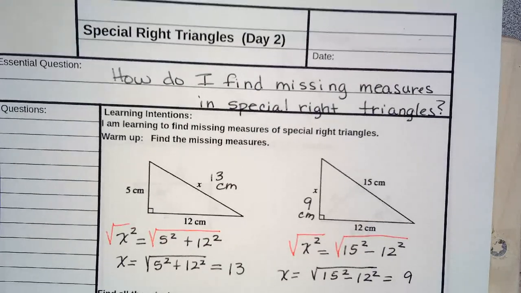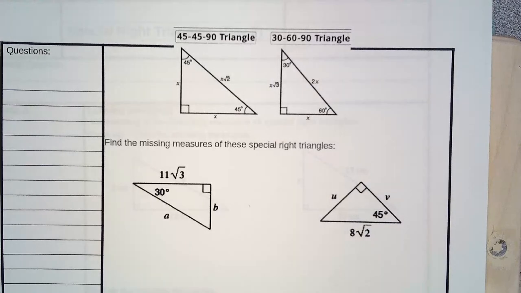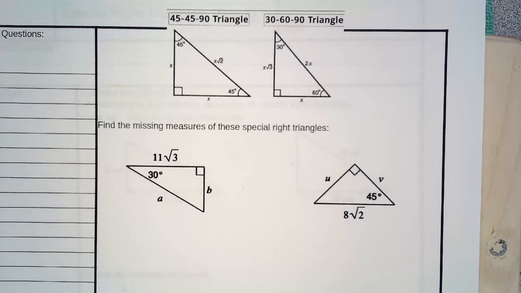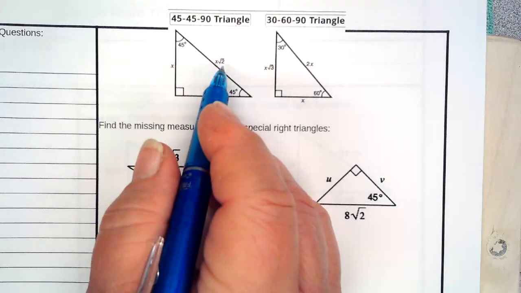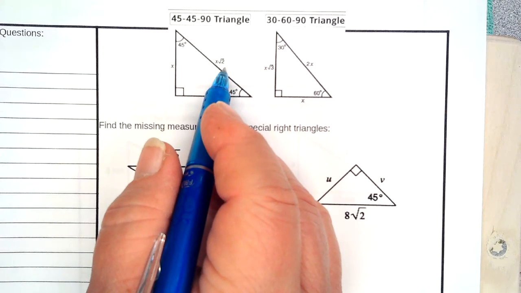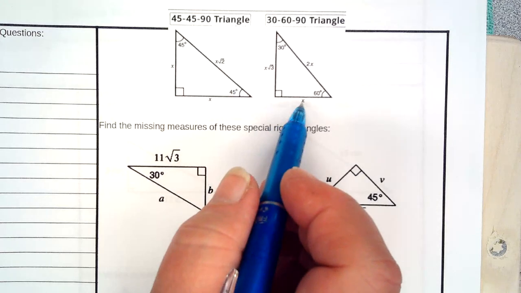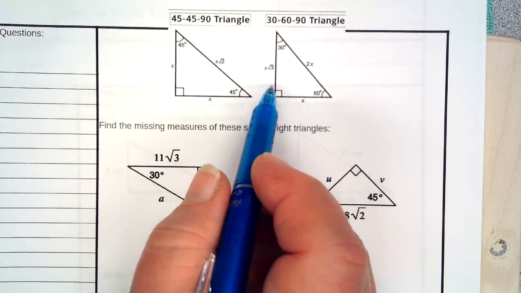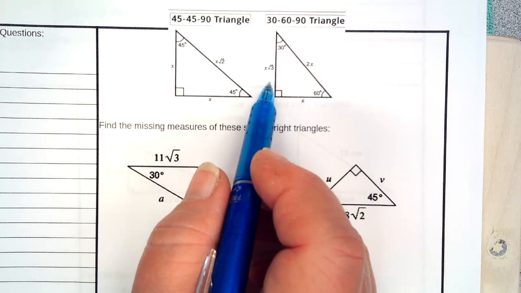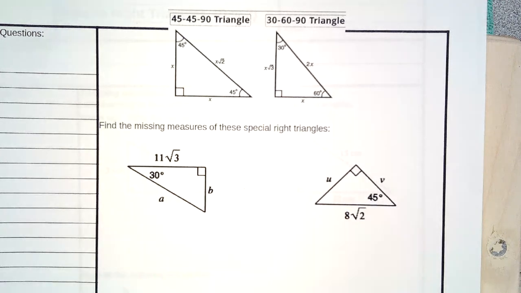So as we're looking at the next page, it shows us what we need to remember. 45, 45, 90, remember you multiply by the square root of 2 to get your hypotenuse. 30, 60, 90, this is 2x. This is x times the square root of 3. So if I'm looking at the next one,